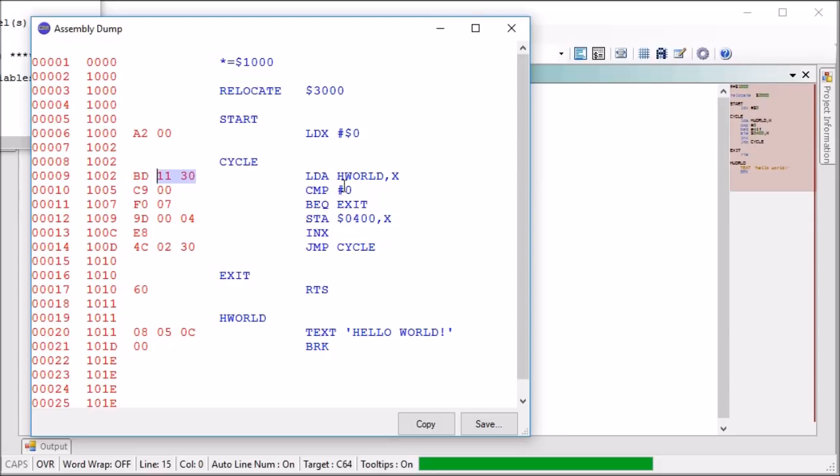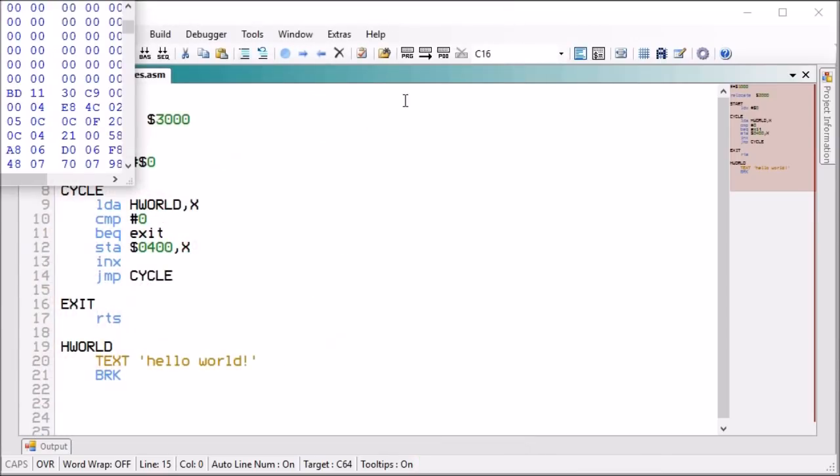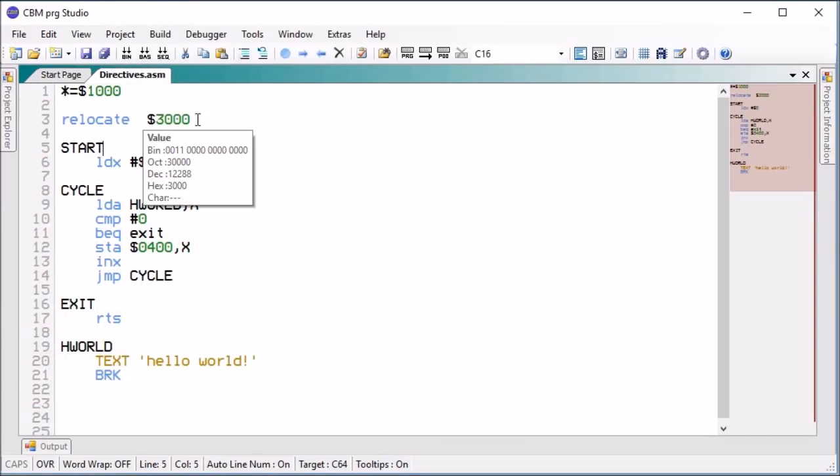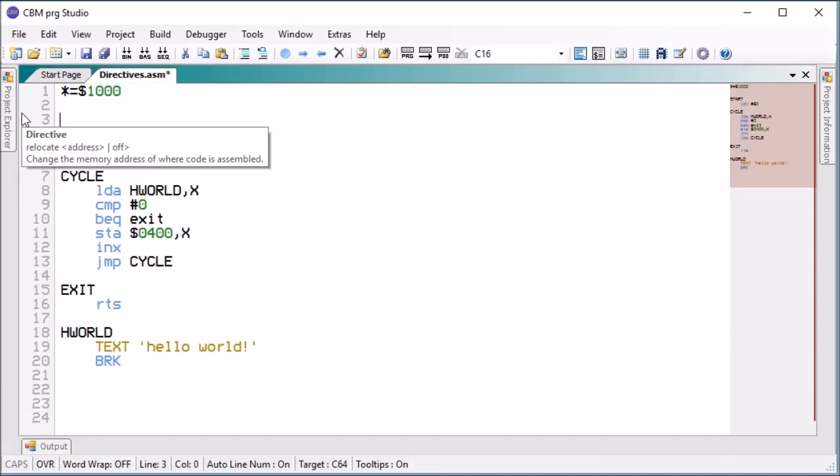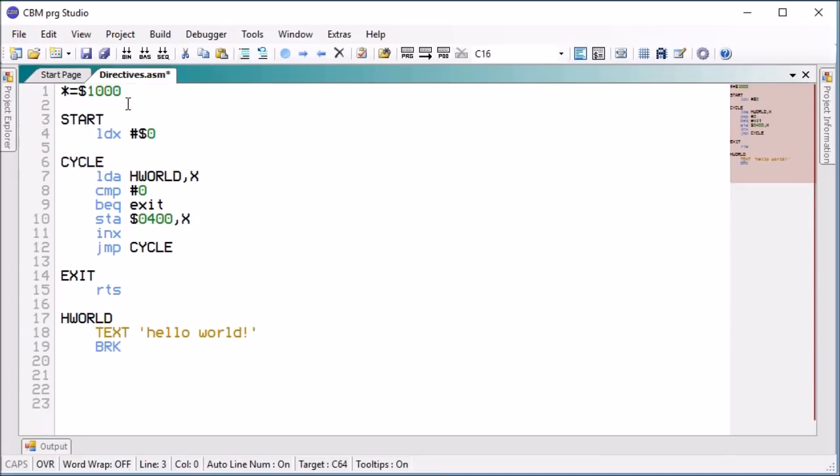If you run this currently, it would fail because it would be looking for 3011 and there's nothing there. We'd have to copy and paste this, and that's what the relocate is all about. So if we get rid of that, now the other thing that we use quite a lot, or I should use, is the